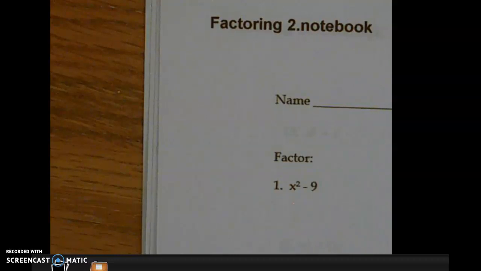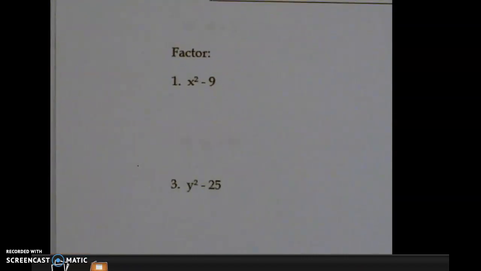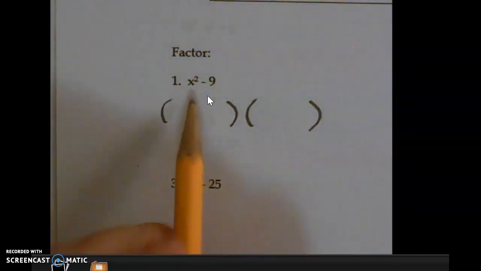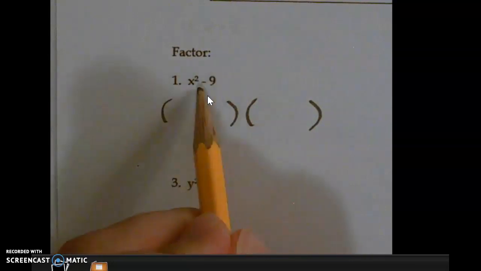Okay, factoring number 2. So let's look at these types of factoring. This is going to be different than factoring number 1. As you can see, the two terms don't have a number you can factor out, and they don't have a variable that you can factor out either. Okay, so to factor something like this, you're going to start by writing down two sets of parentheses. And this only works when you have a difference